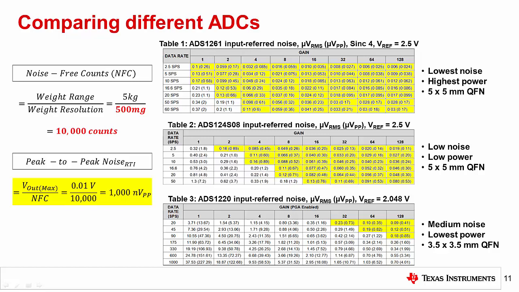If you tried to complete this same analysis using noise-free or effective resolution, as we previously cautioned against, you would discover that the dependence on reference voltage makes this challenging. This is especially true when the ADCs are characterized at different reference voltages, as is the case here. This might cause some ADCs to seem better or worse than others, even though this is not a fair comparison. Fortunately, a high-resolution ADC's input-referred noise has virtually no dependence on reference voltage, so this does not affect your analysis.